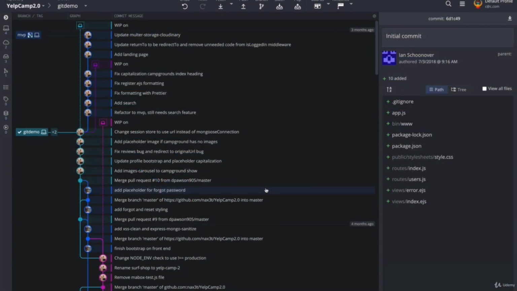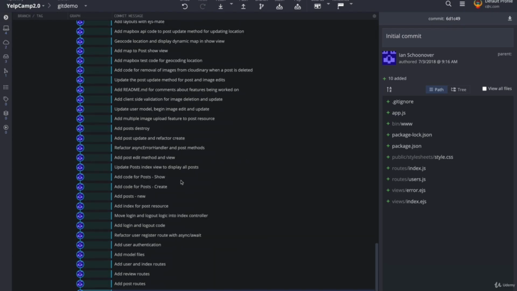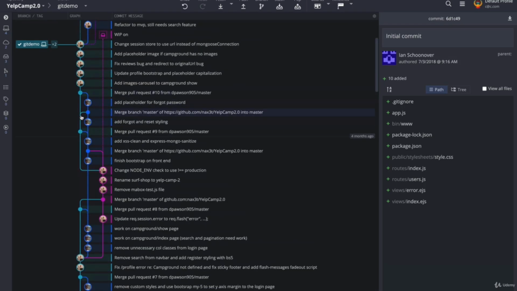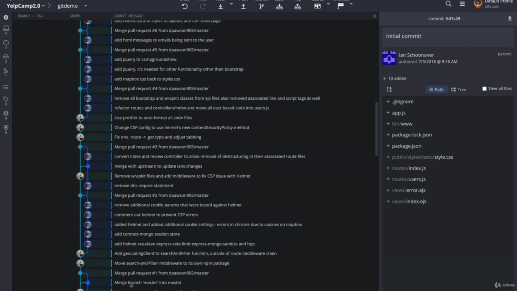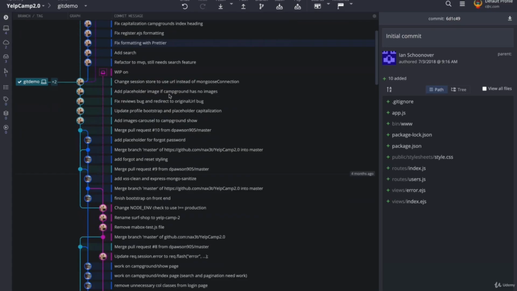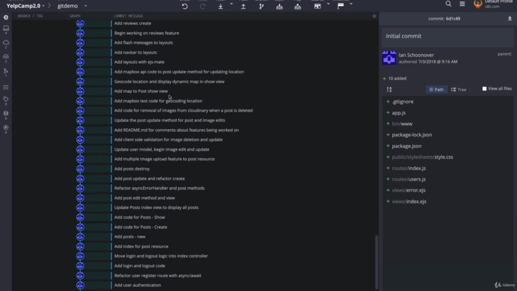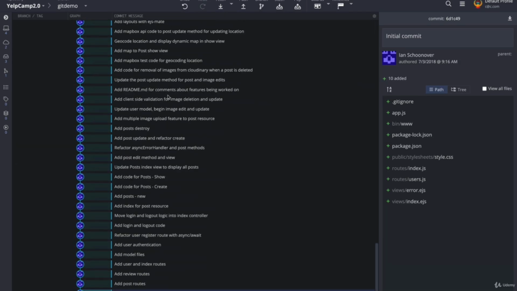I'll quickly show you an existing repository that I have. This is GitKraken, YelpCamp 2.0. I've shown this a couple of times. What I'm looking at right here with this GUI is a list of all of the commits that I've made in order. And actually there's more than one contributor, so it's not just me. So you can see here's the very first commit, all the way up to some of the more recent ones. So there's over 100, maybe 150 at least, individual commits,